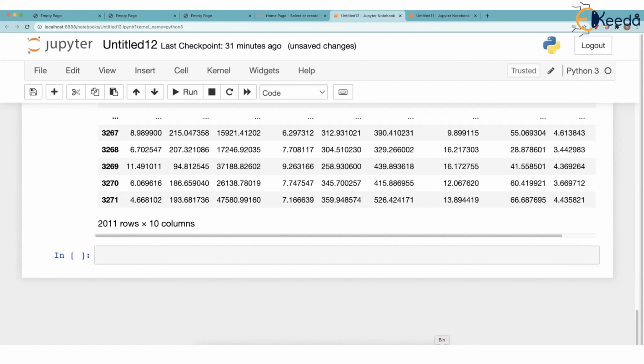Next week when we join, next Saturday and Sunday, I will tell you about two more modules: NumPy, that is numeric processing, and matplotlib. And then we will not forget pandas. When we learn matplotlib, we say we can plot graphs, but what do you plot on the graph? Data. From where are we going to get the data? From pandas. From the data frame, we will get the data and put it on the graph. So we'll try to mix these modules and understand how we can analyze data using graphs also.